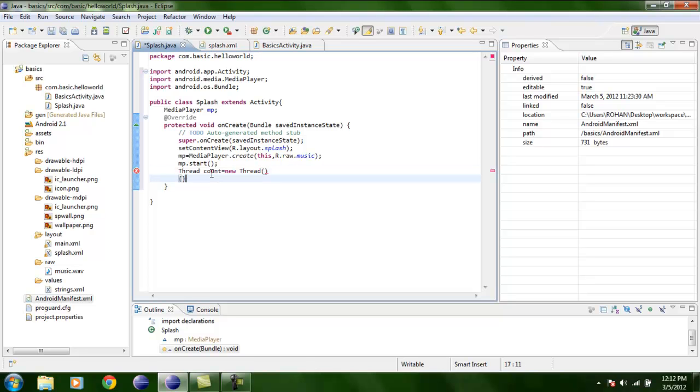So we'll start and end this thread. Now in this thread we'll have a method run which will run the counter. So I'll write public void, because it is not going to return anything, run, and then the method